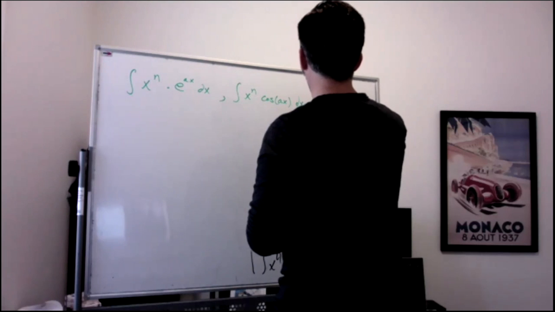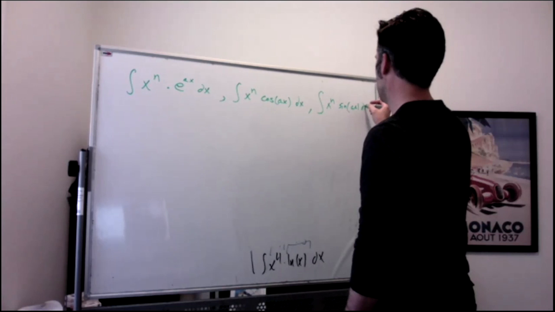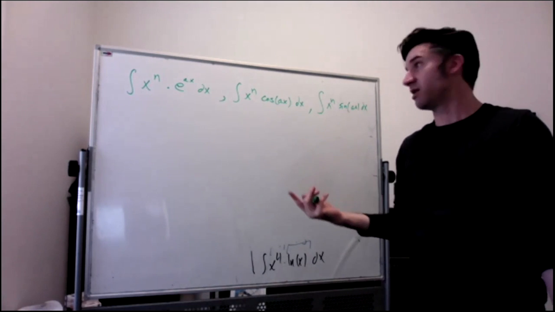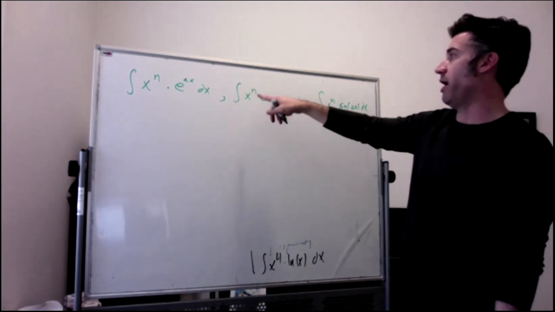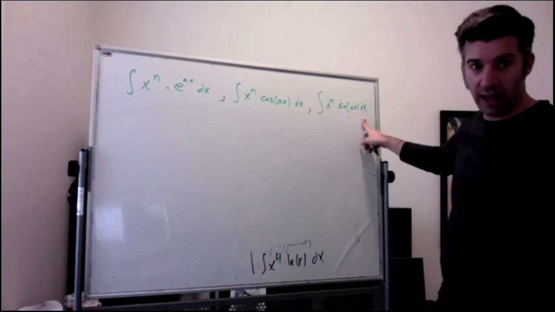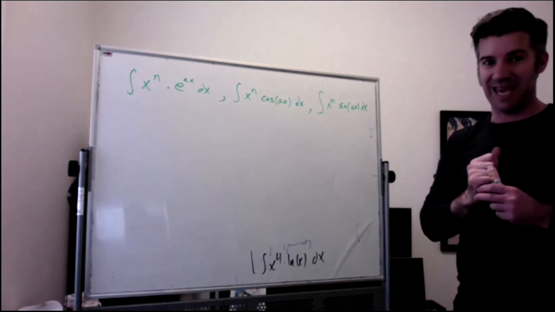Or you have the integral of x to the n times sine of ax. These 3 types of integrals, so you've got like x to the 5th times e to the x, or x cubed times cosine of 2x, or x to the 7th times sine of 1/3 x. Any problem like that, you can use the following method, which is called tabular,